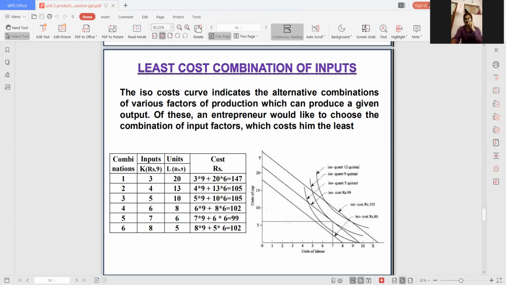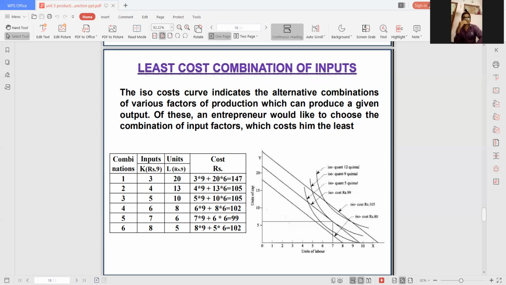Such kind of proportionate change of one input factor with another input factor is considered as marginal rate of technical substitution. So again, today we are going to discuss another important aspect from your examinations point of view,